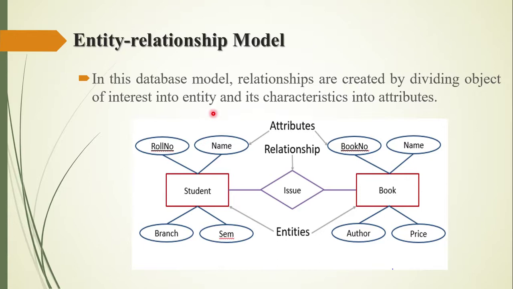Now next is the entity relationship model. In this database model, relationships are created by dividing objects of interest into entities and their characteristics into attributes. Now see here,